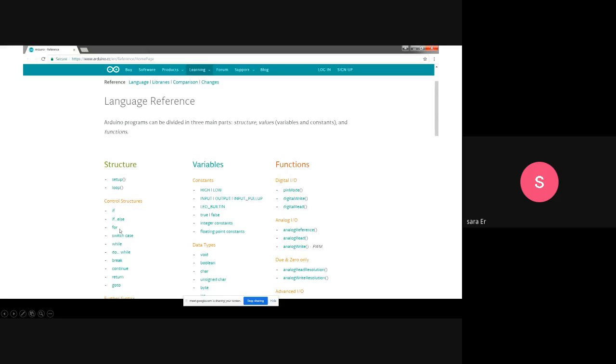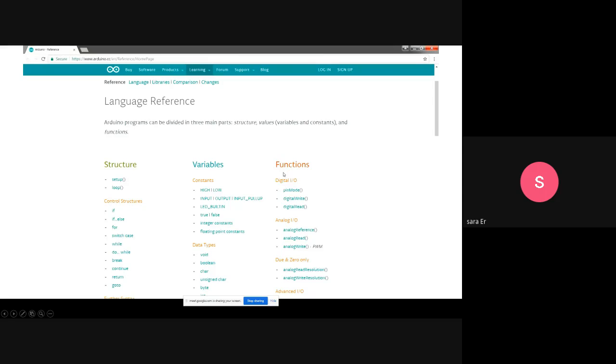Control structures are very similar to C: if else, for, switch case. If you know C, it is not a very difficult task for you to use Arduino. Variables are very similar to C. Data types are also very similar: void, boolean, character, byte.